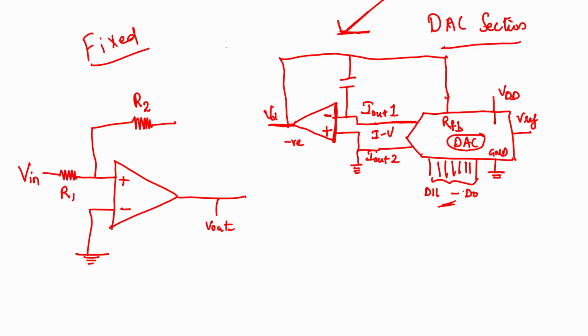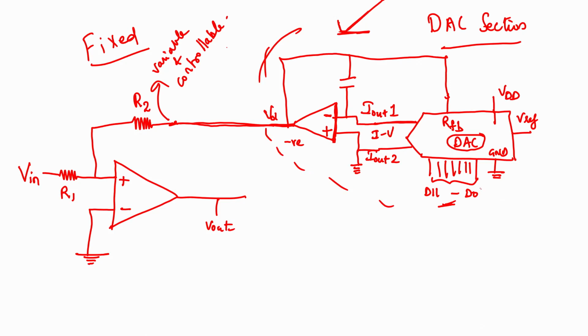Now how do you connect these two? We have learned that for this feedback path to become variable and controllable, there should be some negative voltage that we can control, that should add on to this voltage, correct. So it is obvious that we should connect these two. So this voltage that is coming from here, this part, gets configured by this bit sequence and it gets added on to the feedback path.